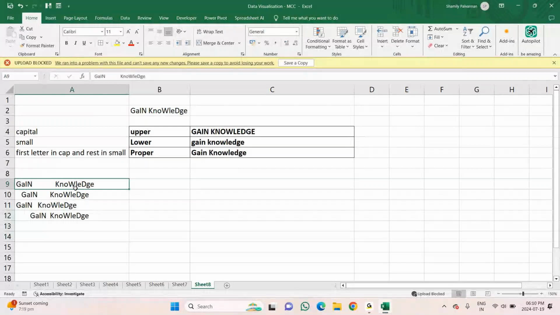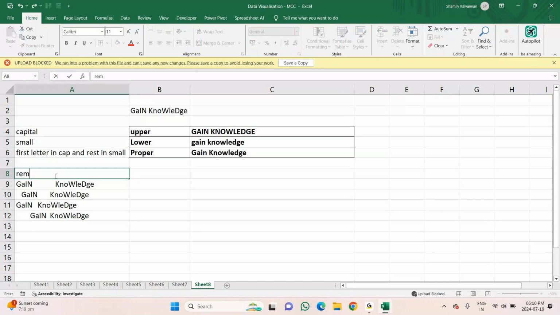So suppose in my text I have an extra space. We need to remove the extra space by leaving a single space.